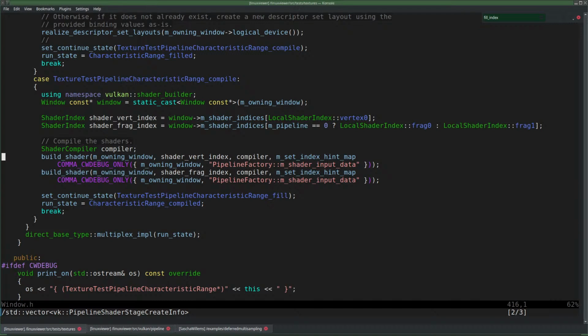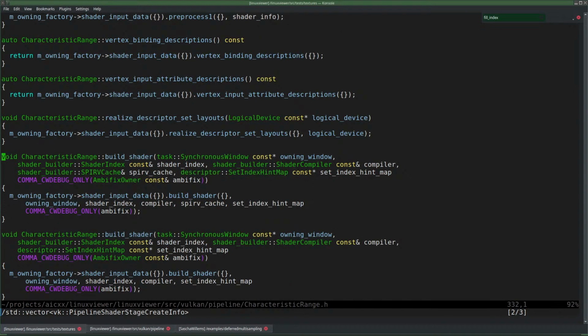Yeah, everything for the same fill index. So this characteristic calls build shader, which then fills a certain vector, but not my vector. I think that's confusing here. This should not cause